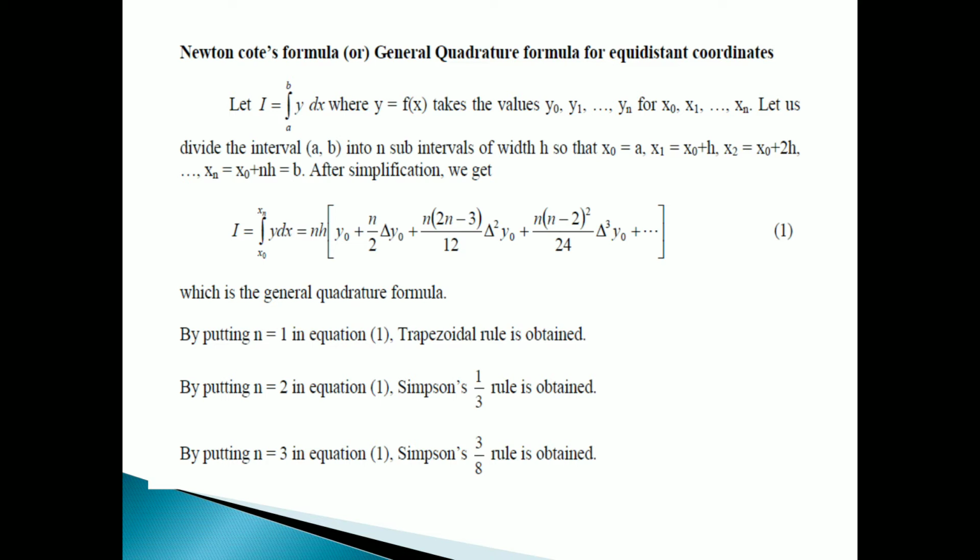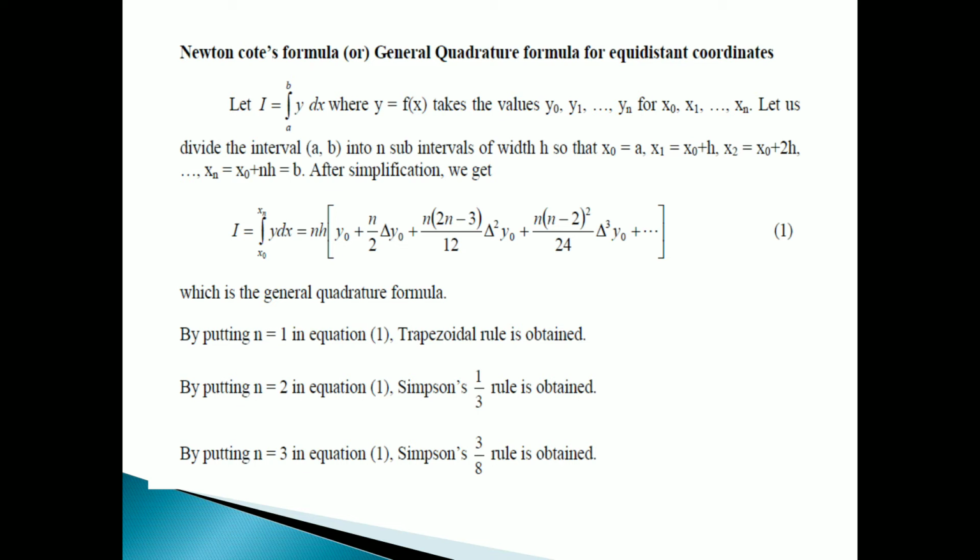Let us divide the interval a, b in n subintervals of width h so that x0 is equal to a, x1 is equal to x0 plus h, x2 is equal to x0 plus 2h, and so on, xn is equal to x0 plus nh